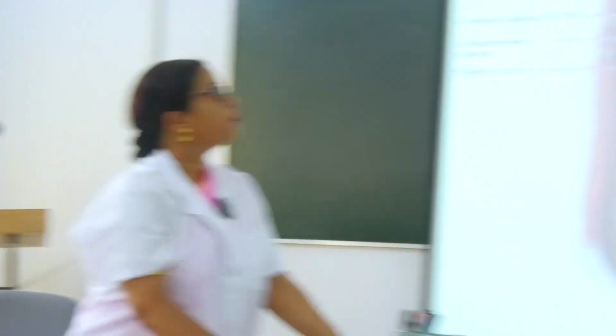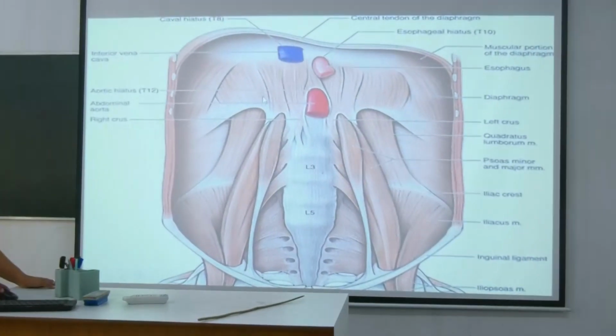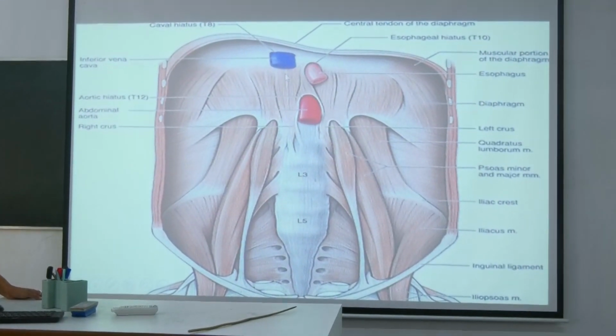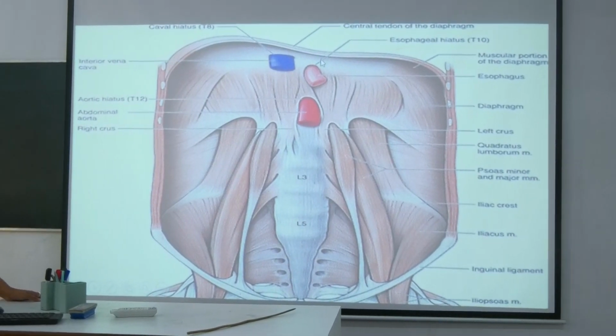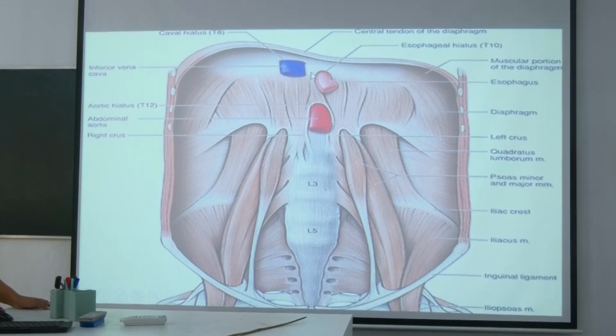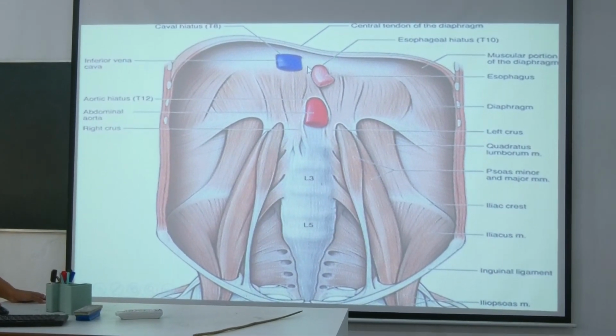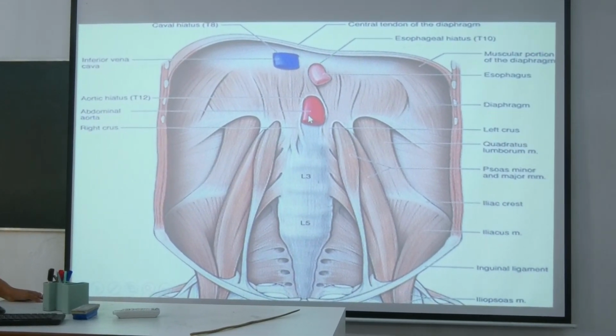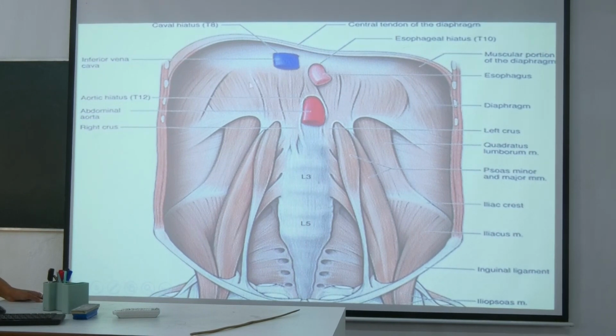So see, these are the structures. What are the things you could see? This is the diaphragm. Here is the piercing. 3 things are piercing. What is piercing? Esophagus at the level of T10, inferior vena cava at the level of T8 and aorta at the level of T12, right? So the diaphragm is there, and additionally if you see muscle by muscle, first muscle is diaphragm,